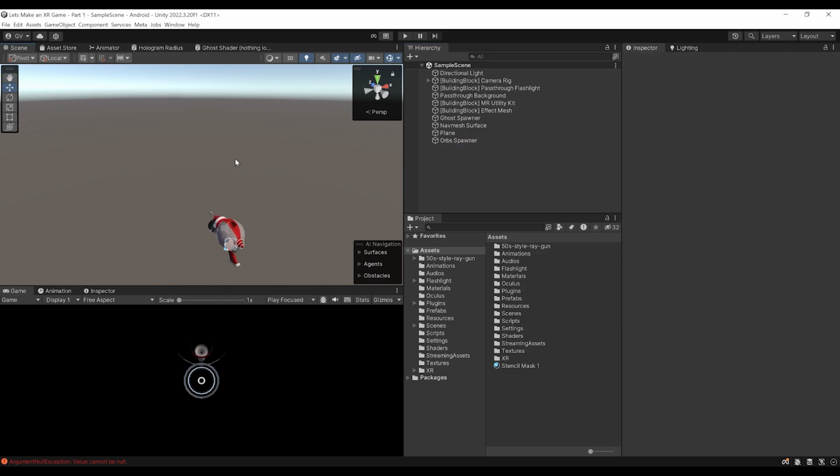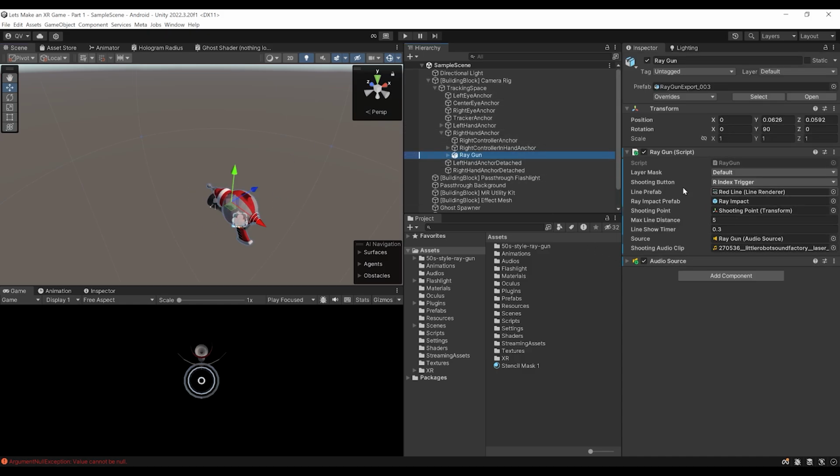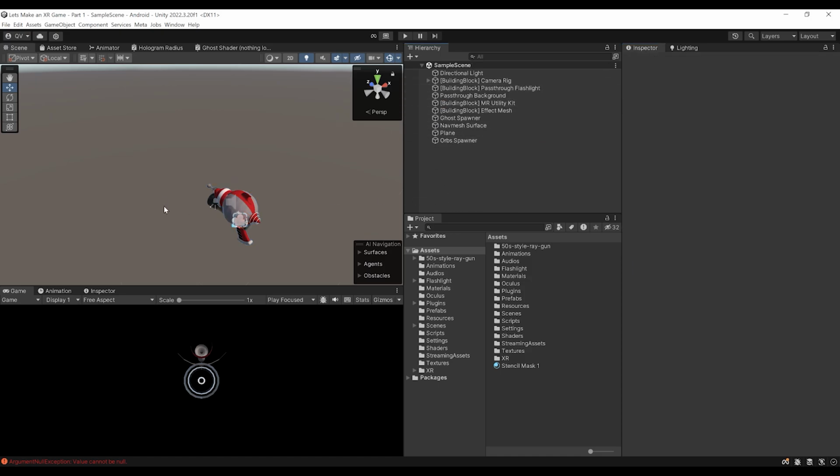But there is still one issue before we can finally test our game, and it is that if we go to our raygun, you can see that the layer mask of the raygun is set to default, which means that it will only collide with the default layer, and which means that we won't be able to shoot our ghost anymore. So make sure here to add the ghost in this list as well. And there you go. Now one thing to do is to build our game to find out how